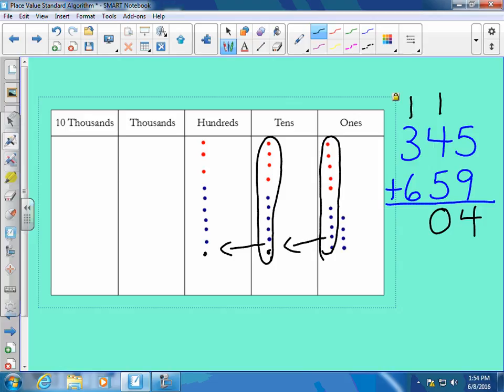Now we have, oh, I see another 10. Let's bundle another 10. And 100 plus 300 plus 600 gives me 10 hundreds. So I'm going to place a 0 in the hundreds place. And when I bundle my 10 hundreds, it makes 1,000. So our answer to our problem is